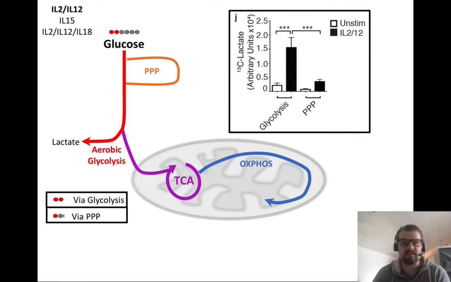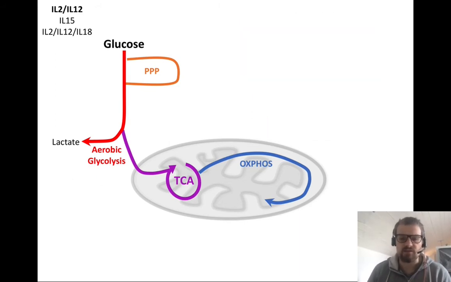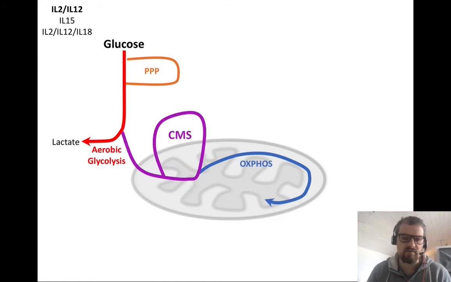A long-winded explanation, and here's the simple result at the end of it. When you activate NK cells, you get this robust induction of glucose going through glycolysis, but you also get a significant increase in the amount of glucose going through the pentose phosphate pathway, showing that these cells are engaging all these metabolic pathways to meet the demands of NK cells, and suggesting that one of the important functions in these activated cells is dealing with redox stress, dealing with reactive oxygen species. And certainly, if you look at reactive oxygen species,